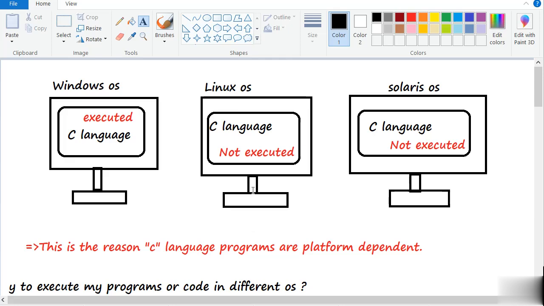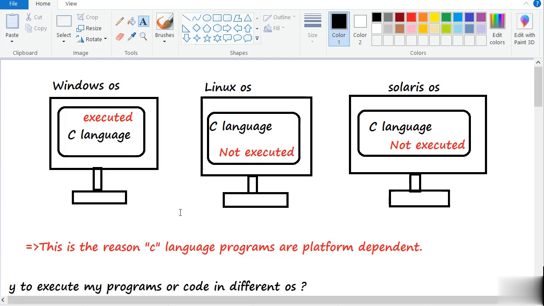And one more reason is our development process and our source code will be written in Windows OS. But after the DevOps team and testing team, our website or project will be shifted to production. Production means nothing but live. When our application or website is live in the real world, we have to put our application in a server